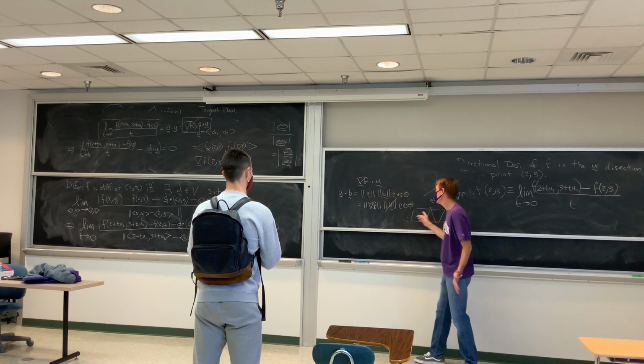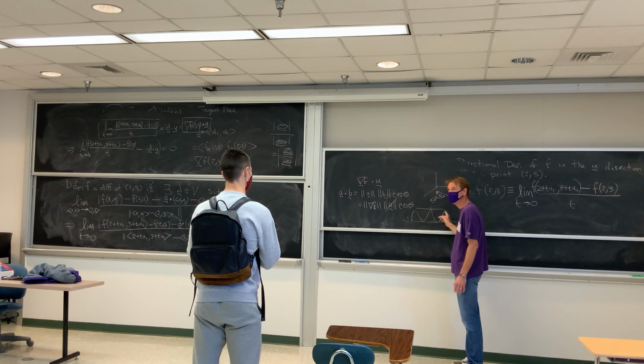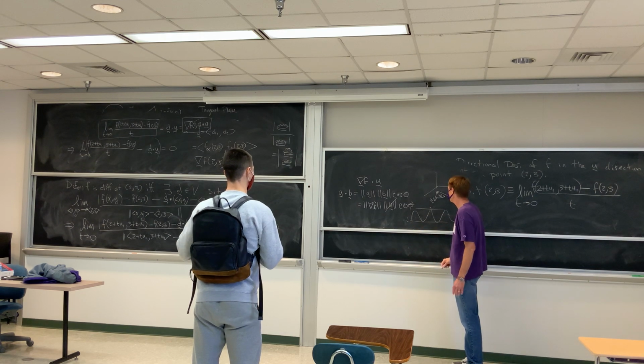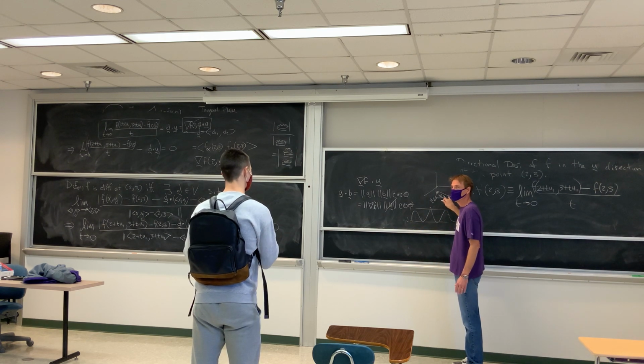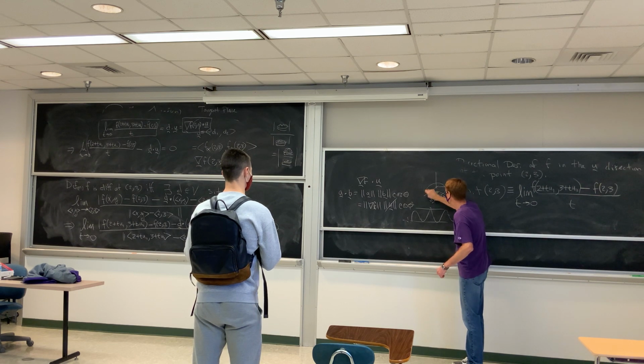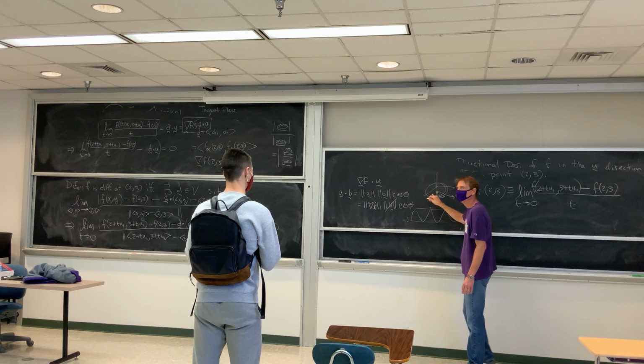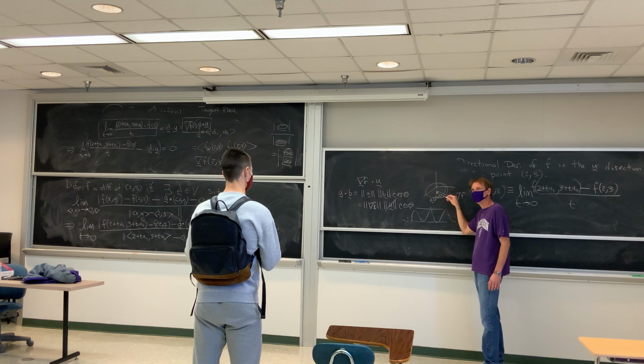0 or pi? Well, yes. If it was 0, then it would give the biggest positive direction. If it's pi, it would give the biggest negative direction. And so what we see is that the gradient, out of all the directions you could go in, points in the direction where you get the most increase. Okay, got it. And if you go just opposite, in the pi direction, you're going to get the greatest